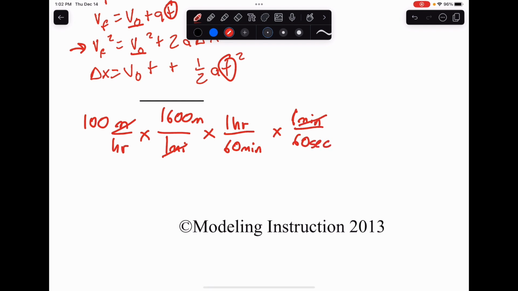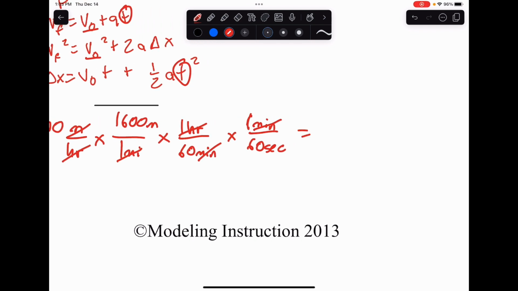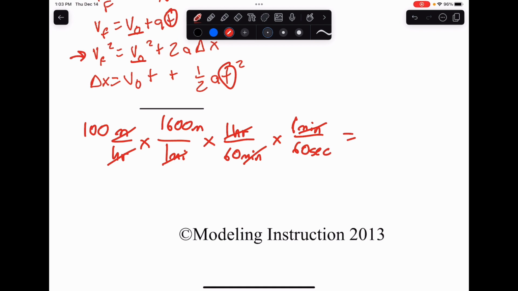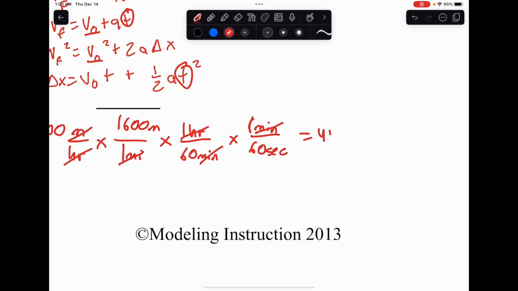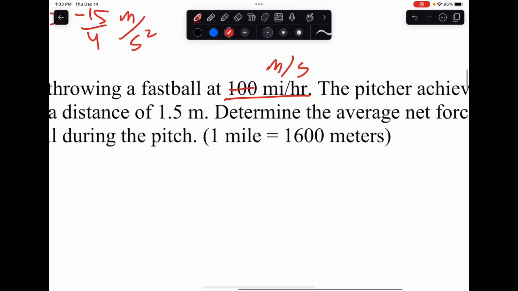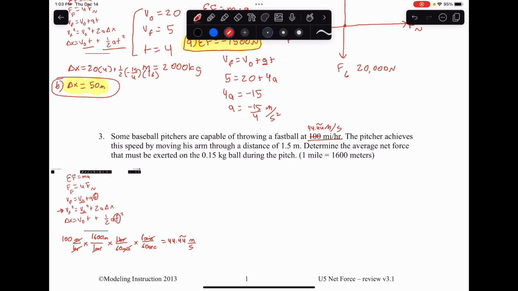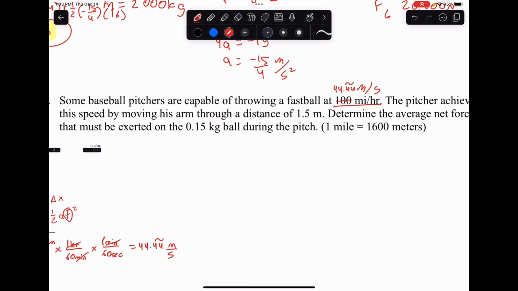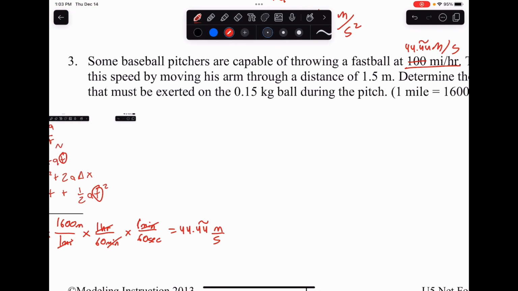So cancel, cancel, cancel, cancel. Now we're left with meters per second. So let's do this math. 44.44 repeating meters per second. Okay, now let's take a look at this. So we can just replace this with 44.44 repeating. So some baseball pitchers are capable of throwing a fastball at 44.44 meters per second. That's our velocity. So velocity equals 44.44